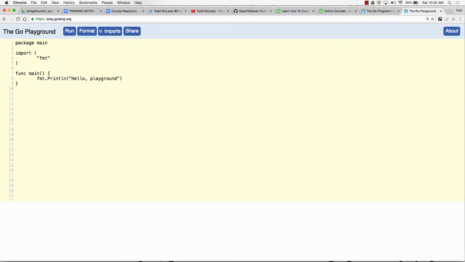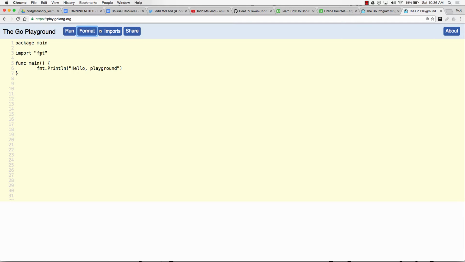The gods of computer science, Rob Pike, Ken Thompson, and Robert Griesemer, said it is this way. Get over it. Okay? And it'll format it and it'll do your imports for you. So if I don't have an import here and I have that checked, when I format my code, it goes and gets the import. These are packages of code from the standard library, right? Pre-written code written by the gods of computer science that you could bring in and start using.